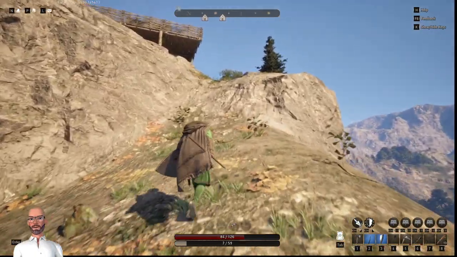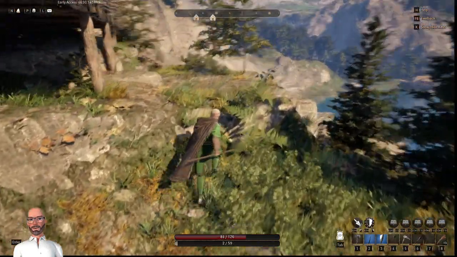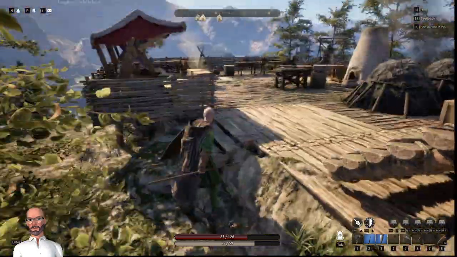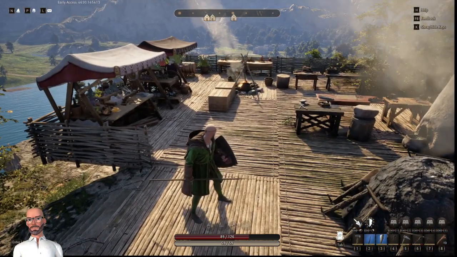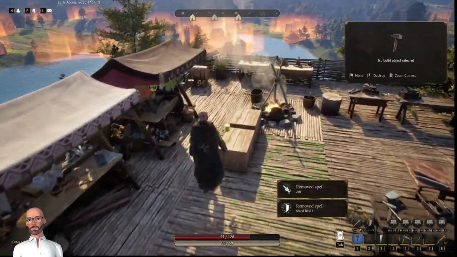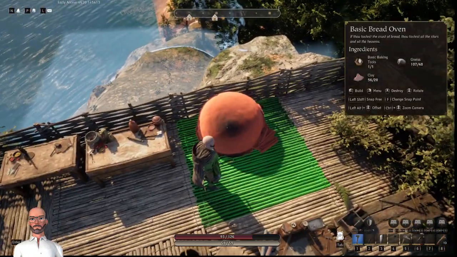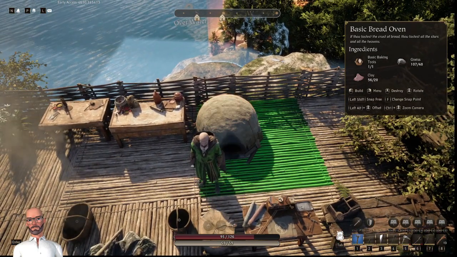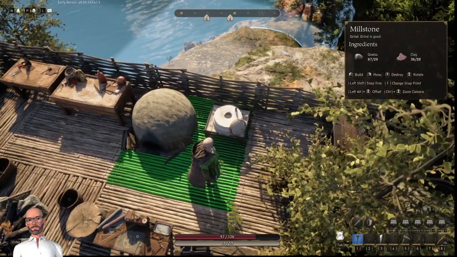If I can get my bread stuff made, and I think that will do for today's set. Because I'm going to need to get a lot of stone and clay for sorting out the circular tower. So basic bread oven. It's the stone which you can